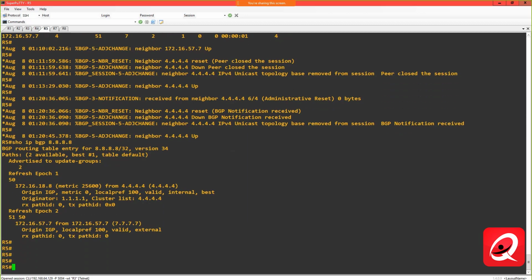Okay, so now in this particular case, we are learning about two different paths, but this is the interesting part about router 5's perspective, right? Router 5, and this does prove that we do have an alternate path to reach that destination. Which path did we choose? We have two available paths in this case. Path number 1 is the best path, and we have to understand what the reasoning is for that. So if I do a traceroute to 8.8.8.8 and I source that from